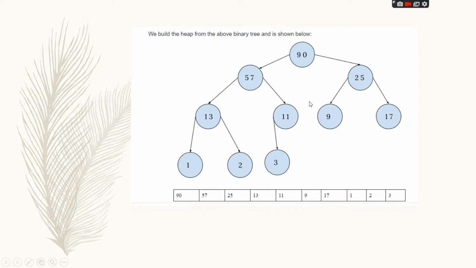I'll tell you how to heap sort. First we'll go through the slides, and then we'll see in the Google Jamboard how the heap sorting is done. After heap sorting, you'll get this format of binary tree. You can see that the elements are arranged in decreasing order in the array. So 90, 57, they are all arranged in decreasing order.